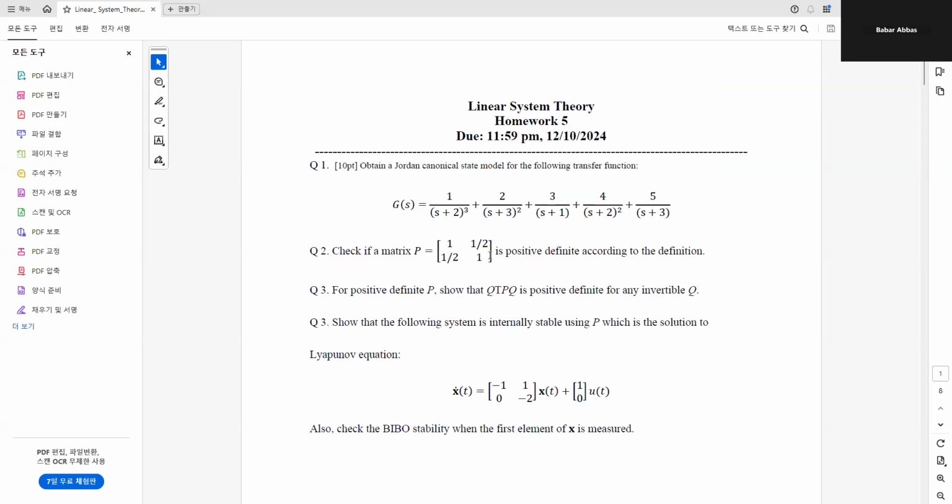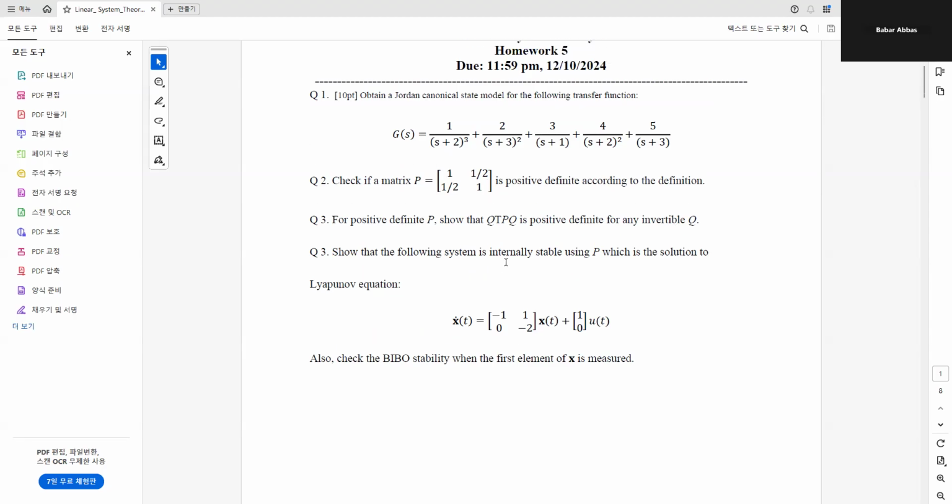Question number 2 says that we are having a positive definite matrix P. So we have to show that this matrix P is positive definite by definition. Similarly, for a positive definite P matrix, Q transpose PQ is positive definite for any invertible Q. Question number 3 says that